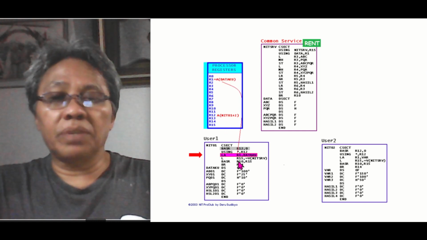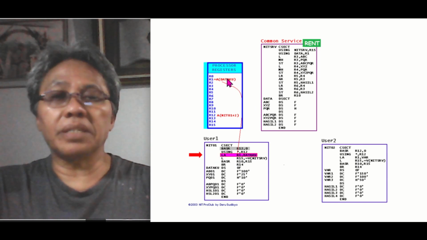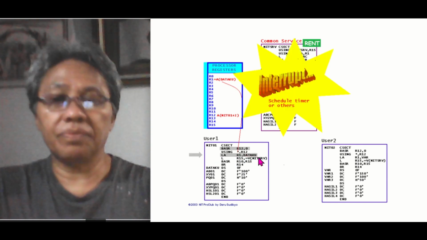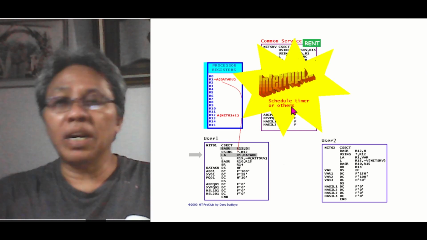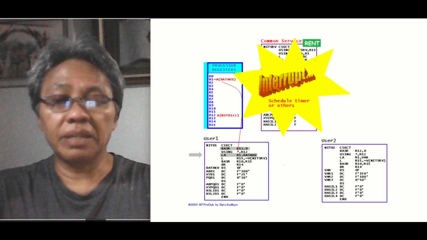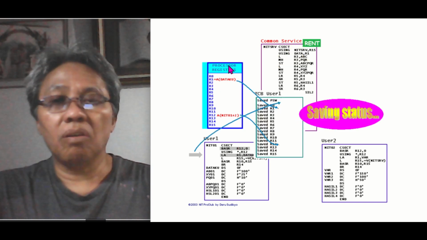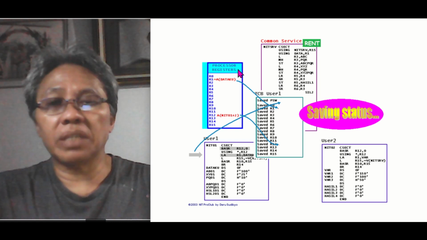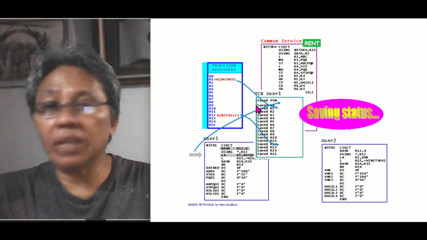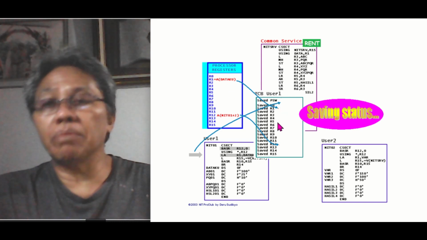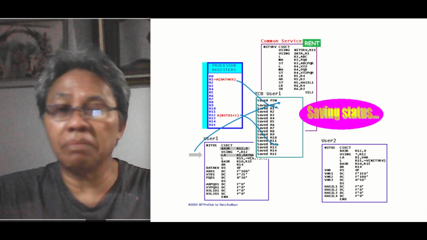Next, load the address of the data queue into register 1. Register 1 then contains the address of the data queue. Next, interrupted. This is a new understanding as we learn multitasking. Then control goes to the OS. The OS then does housekeeping. All the states, in terms of processor registers and PSW, are saved into the TCB of user 1. In the TCB, actually not only registers and PSW, there is a lot to be saved, but here I only select some to simplify.